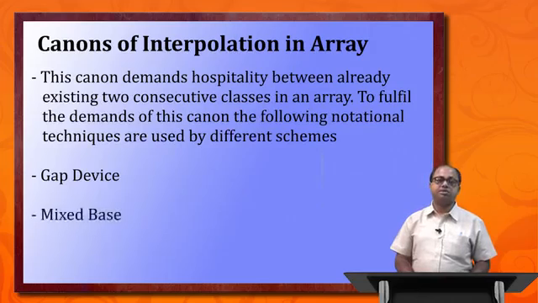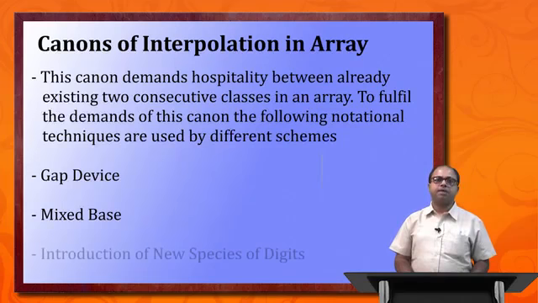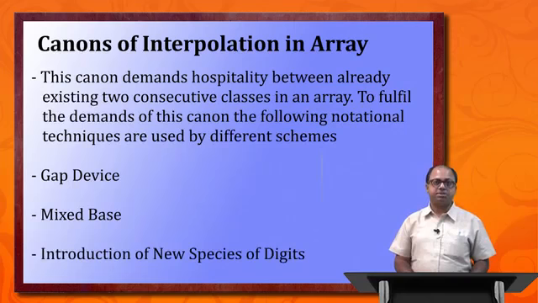Next comes mixed base. Among DDC, UDC and CC, only CC has a mixed base of Roman smalls, Indo-Arabic numerals and Roman capitals. ZAAY, ZA hyphen ZY, এরকম নোটেশন আমরা দেখতে পাই।